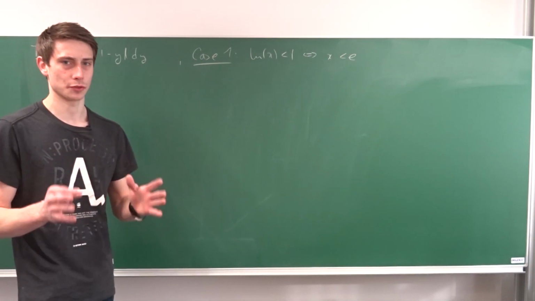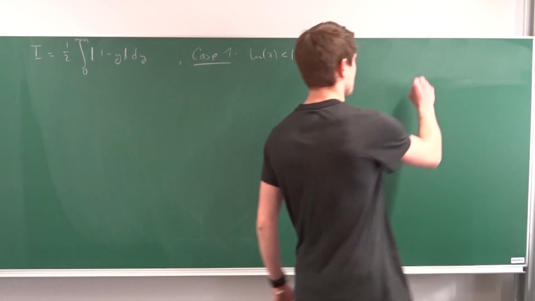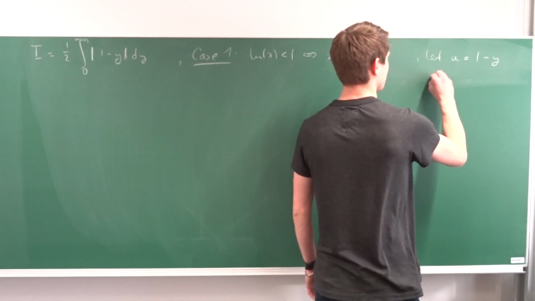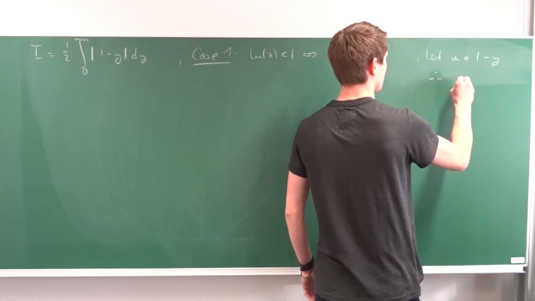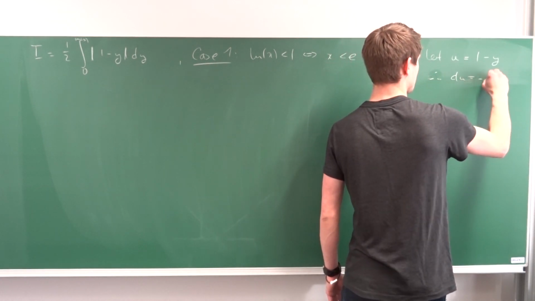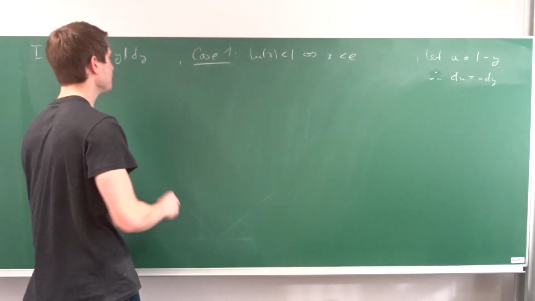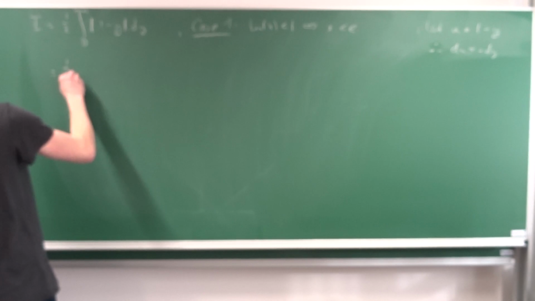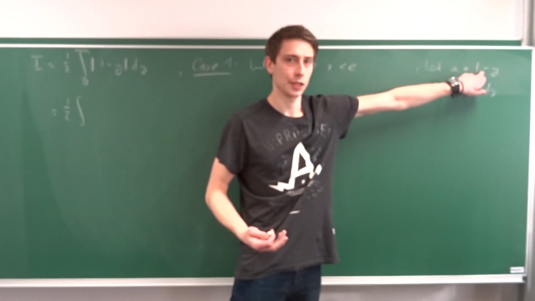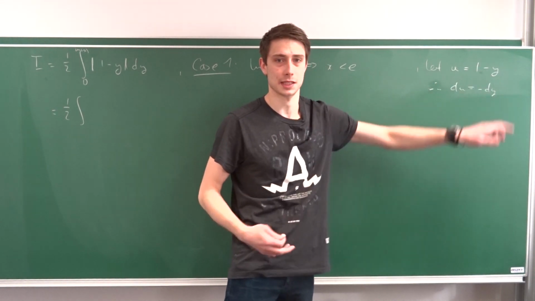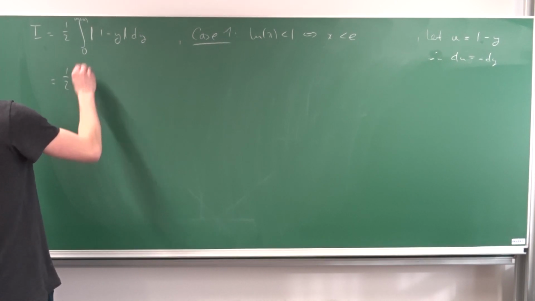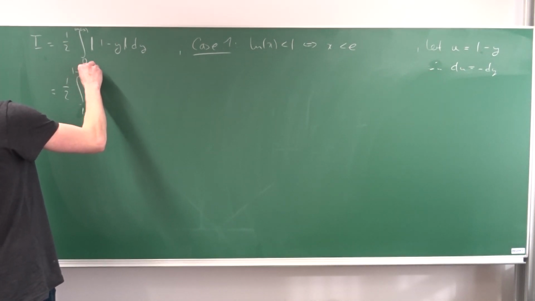At first we want to introduce a u substitution. So, let some arbitrary u equal 1 minus y. That means that du is equal to minus dy. We can plug those new values in. That means that I is now just 1/2 times the integral from, if we plug in 0, u equals 1, and if we plug in ln x, that's 1 minus ln x. So from 1 to 1 minus ln of x,